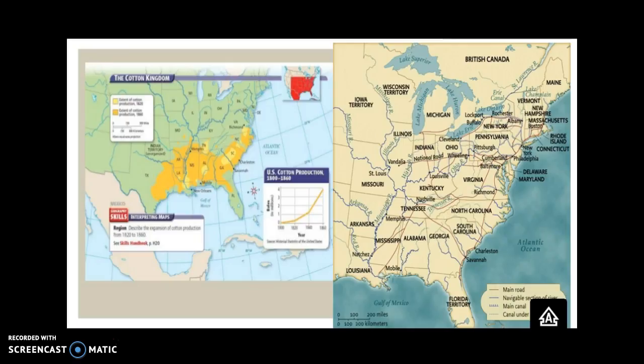I think another good example is new sources for raw materials. You look at it here, this is U.S. cotton production 1800 to 1860, and you see here that everything that was in light yellow, all right, is cotton production in the 1820s. And then as we expand, and especially we get into Texas right here, we acquire Texas in 1845, and you see that the extent of cotton production by 1860 has reached Texas. And so there's also new sources for raw materials.